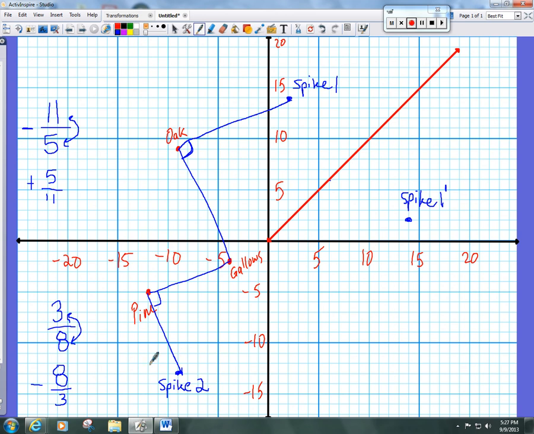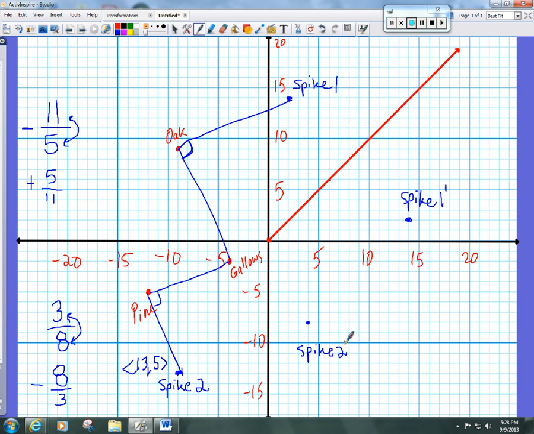Well, now it says I'm going to do a simple translation of spike 2 with the vector 13, 5. Now I move left to right on my x-axis first, which is 13, so it's plus 13. So I go right 13 and then up 5 since my 5 is positive. 1, 2, 3, 4, 5, 6, 7, 8, 9, 10, 11, 12, 13. And then I go up 5, so it's 1, 2, 3, 4, 5. I put my point here, and I label this spike